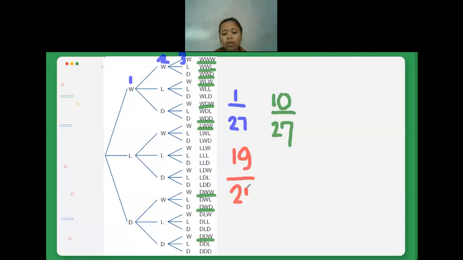Is there anyone who gets confused to get 19? No one asked me any question. Is there anyone who gets confused? No? Okay. If no one asks me any question,